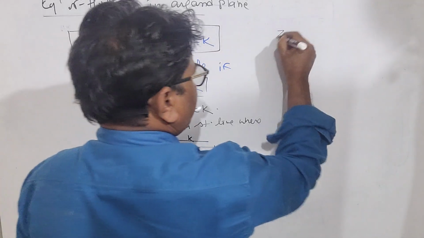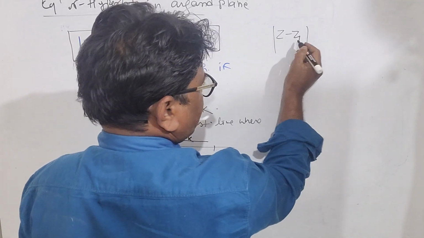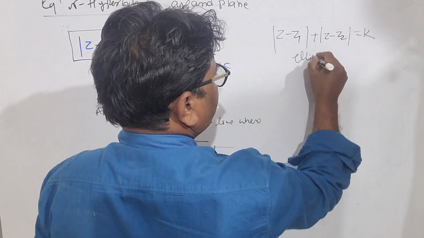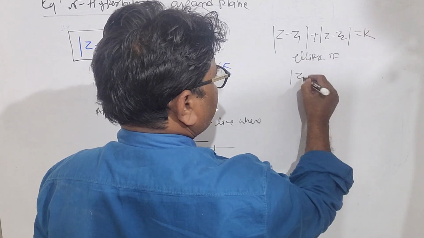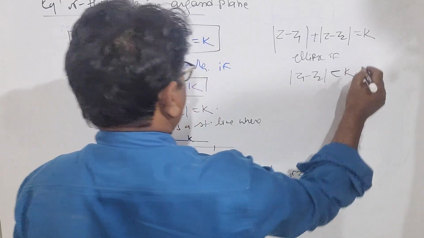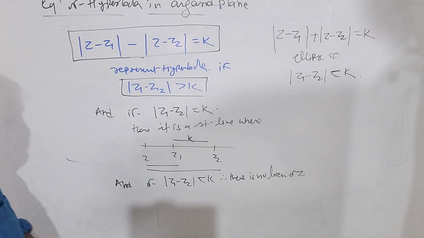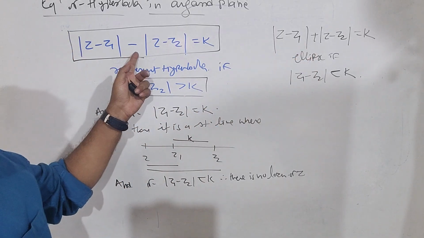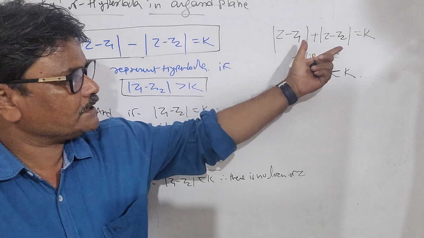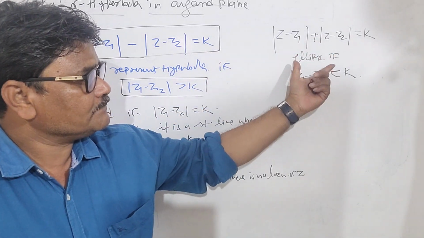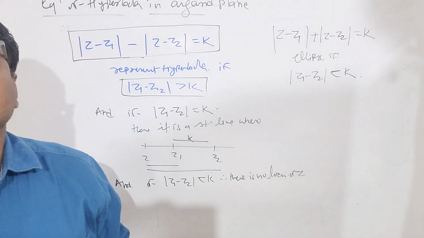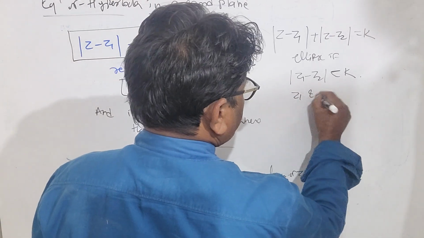See, in an ellipse, what happens? Modulus of z minus z1 plus modulus of z minus z2 equal to k, if modulus of z1 minus z2 is less than k, correct? So here plus, here minus, okay? So modulus of z minus z1 plus modulus of z minus z2 equal to k, plus is there, represents an ellipse if modulus of z1 minus z2 is less than k, and z1 and z2 are